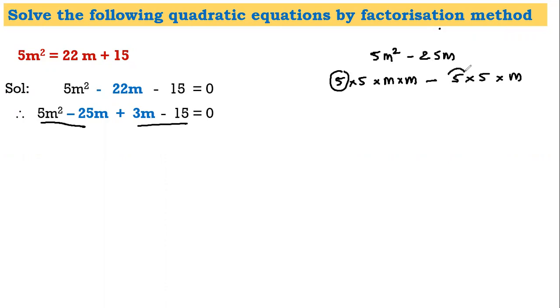Common means both the terms have the same numbers or variable. 5, 5. One more 5 is common. One more m is common. One m is common rather. Now if you see in the circle, what remains is,